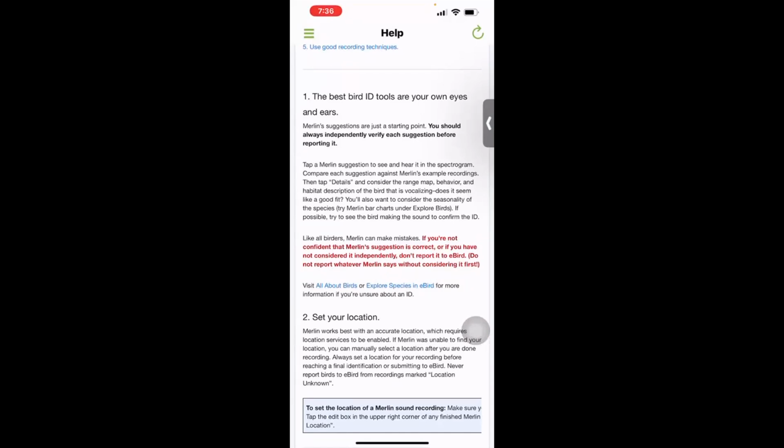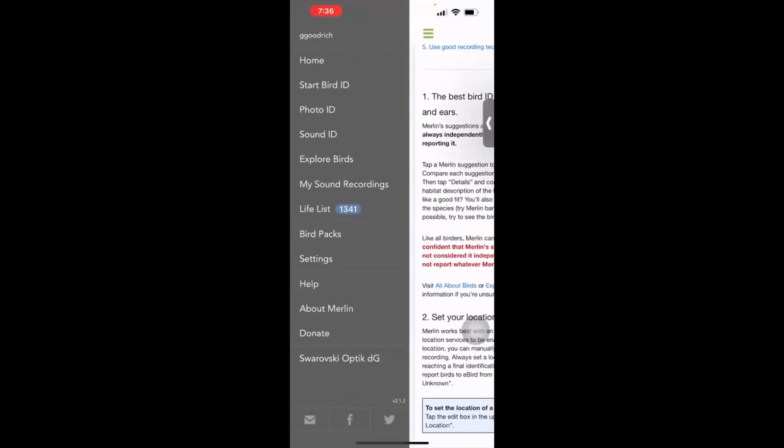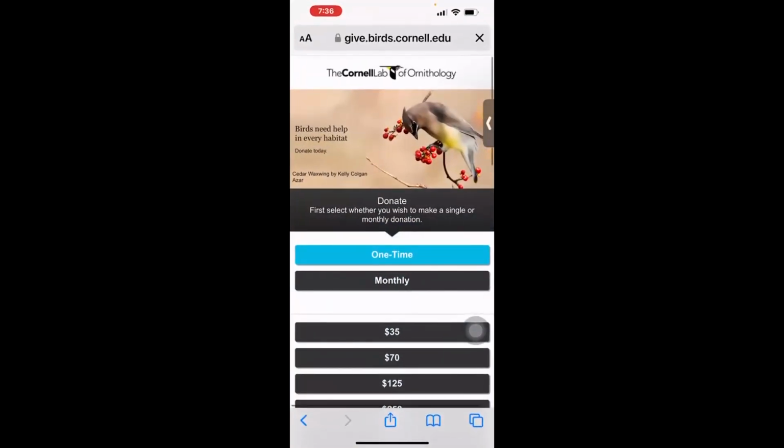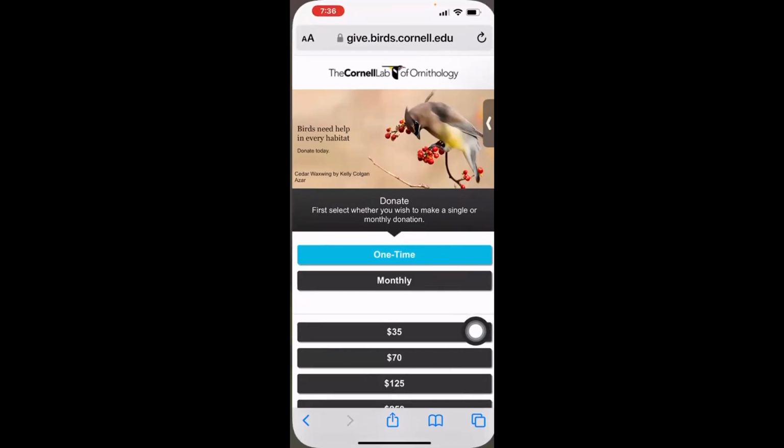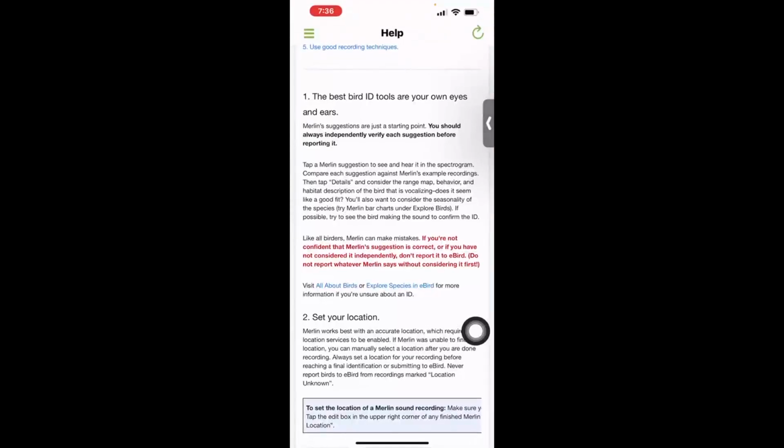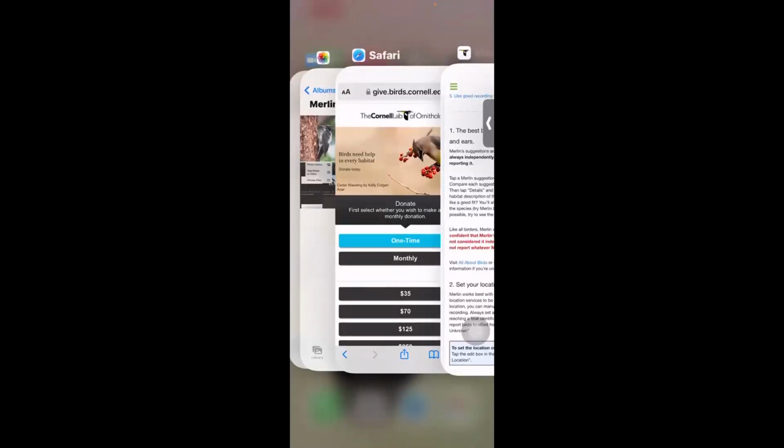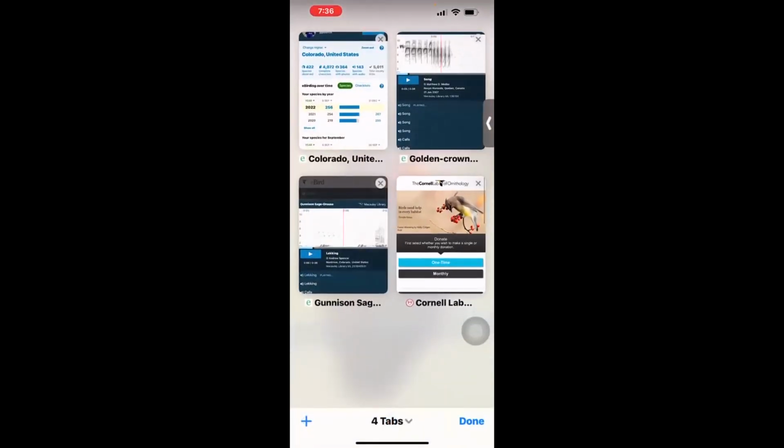One other menu I want to mention is Donate. If you'd like to help support Cornell, you can do one-time or monthly donations right off of that menu there in Merlin. And then one last thing I will mention is I have here in Safari a screen